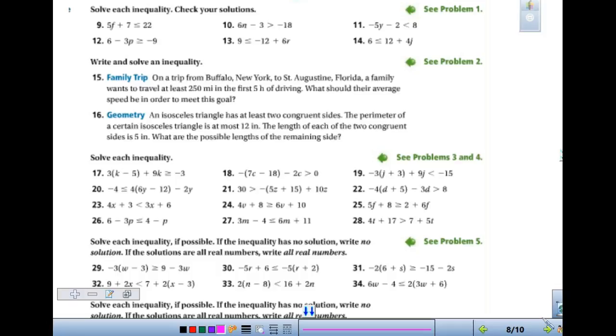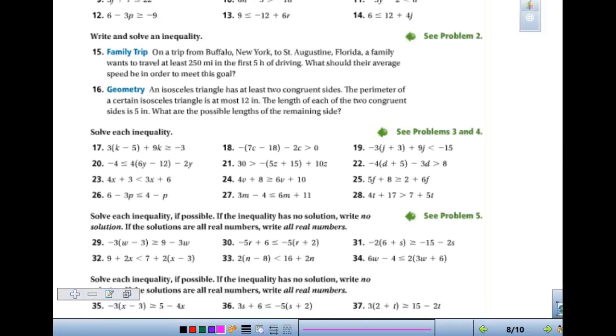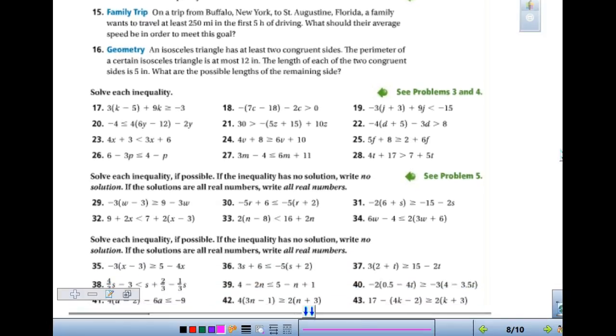That's all there is for notes. So as you look in your homework, this is on page 190. It says you're doing 15 to 47 odd. And when you look at these, 15 is a story problem, and it's not meant to be very hard, so don't make it that hard. And as you do 17 through 43, all of those either will have a solution or there'll be infinitely many or no solution. In class, if you have